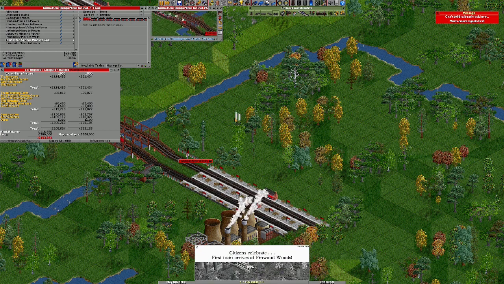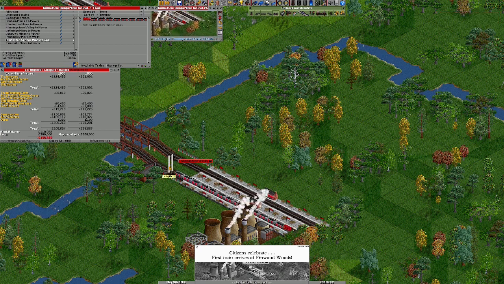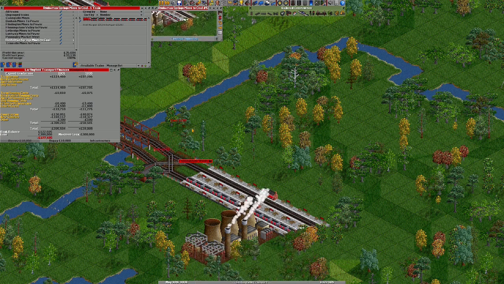And it doesn't like the signal there, so we're going to hit S and R to remove the signal. We didn't quite beat the train, but we'll get it set back up as soon as it gets over. Okay, now that's done,